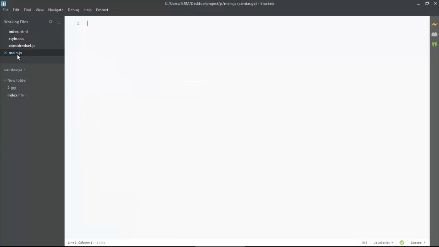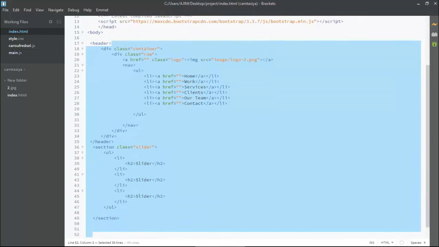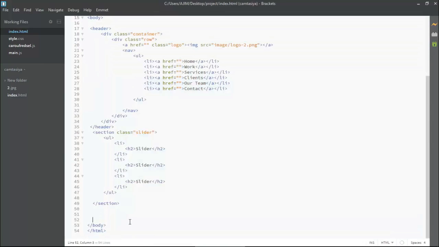Now we have to link this main.js to the index page in the body part. Okay, so I'm coming just down here and putting a script. Inside this I am putting source, and then I'm locating my folder. My folder is JS, and inside JS we have main.js. So finally we linked two files here, Carafred Shell and main.js. Inside the Carafred Shell file, I put the things which I copied from the Carafred Shell website. And now here I'll be making some styling, some custom JavaScript actually.